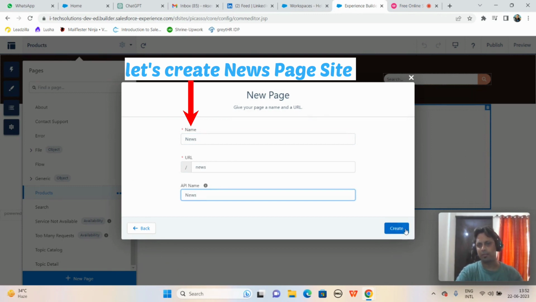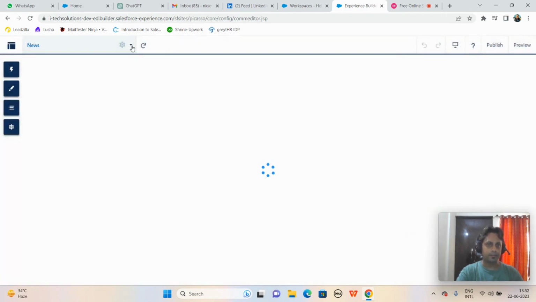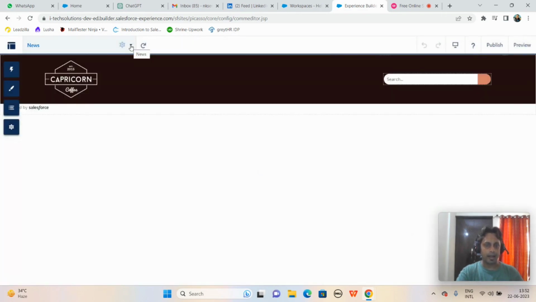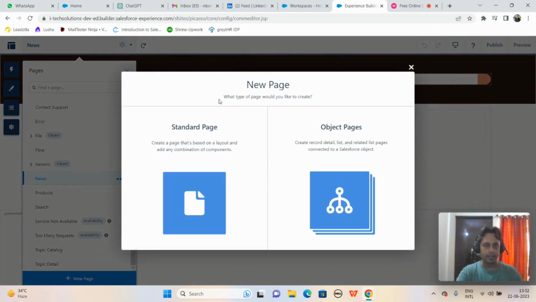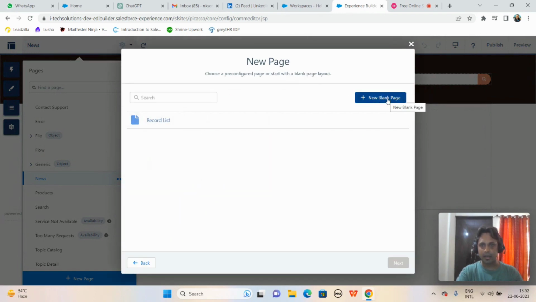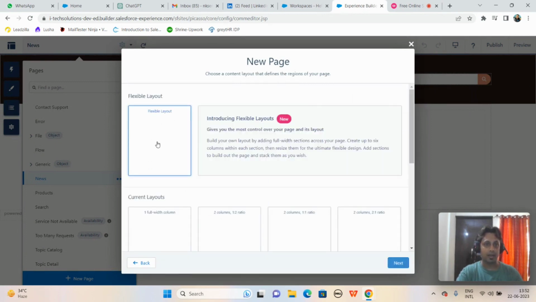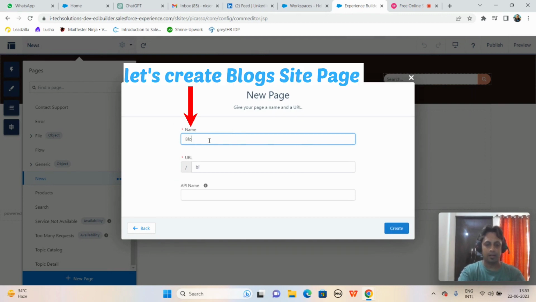The URL also remains the same. All same, right? Click create. And I'll create one more thing. Again, click on this standard page and click plus, and then click on this button, plus new blank page. Then click on flexible layout. Click on next, and I'll just write blogs, and the API name also will remain the same, blogs, and click